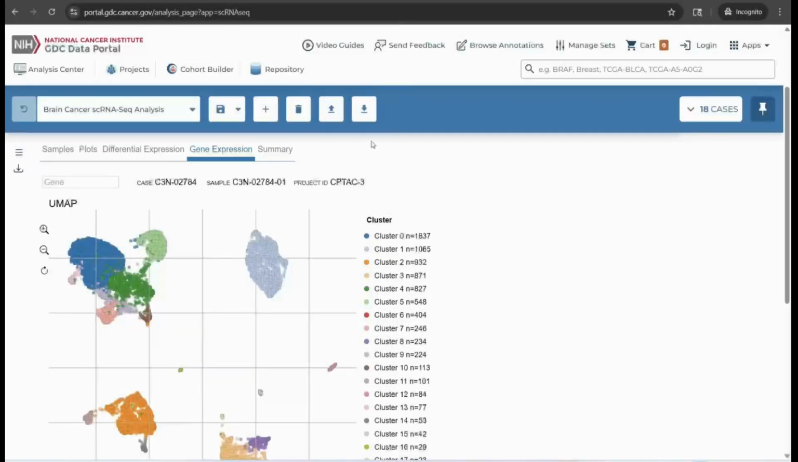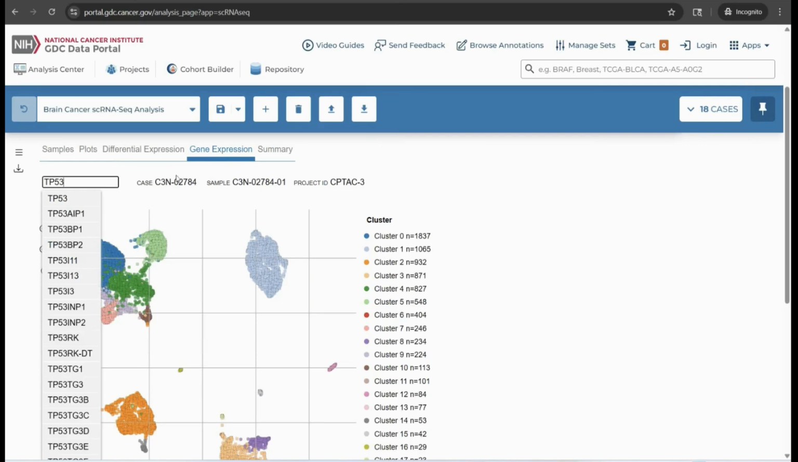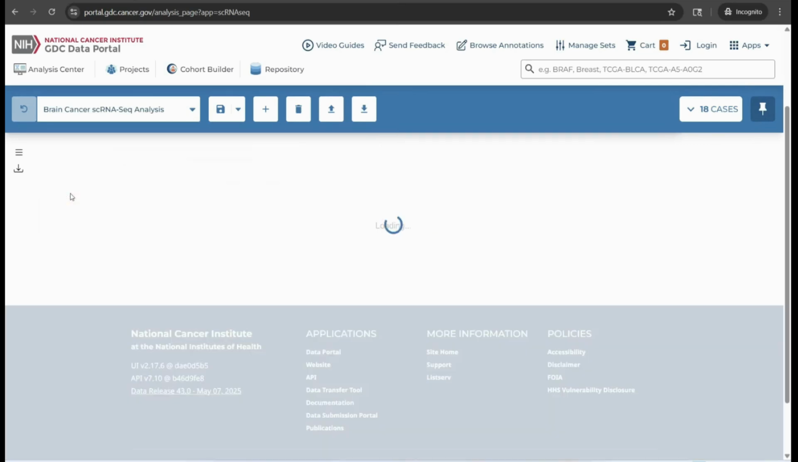To investigate gene expression across cells, click on the Gene Expression tab. You can initiate a gene query through the search field in the upper left. The search field provides dynamic suggestions based on input. We will demonstrate a gene search using the TP53 tumor suppressor gene. Following gene selection, the plot updates to display expression levels of that gene across the cells in the selected sample